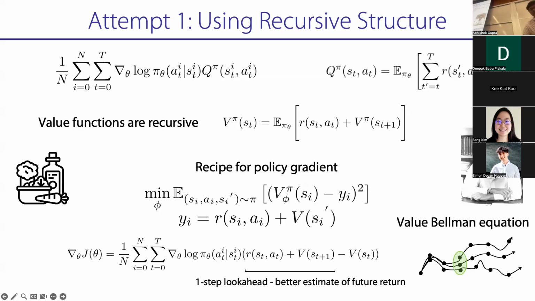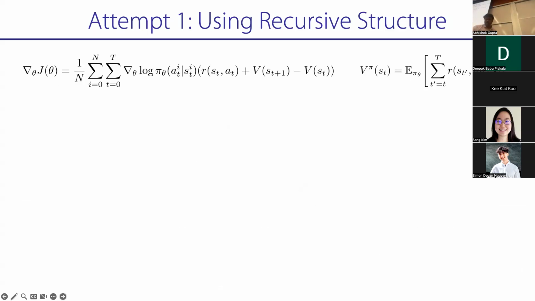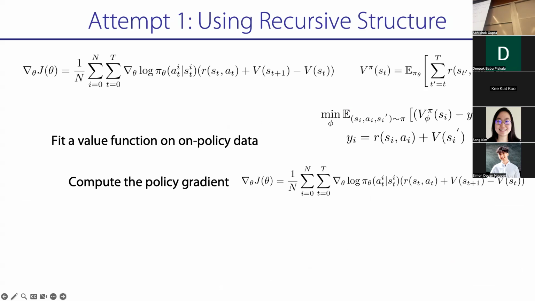Cool. So you can think of this as a better estimate, closer to this non-single sample estimate, because this V is the one that's doing this bundling. V is the function approximator. V is the thing that is sharing things across multiple states, right? Earlier, we were just doing R plus some of R's in the same trajectory. Now we're bundling things across multiple states through this V. Cool. All right, so that's our second attempt at doing off-policy RL.